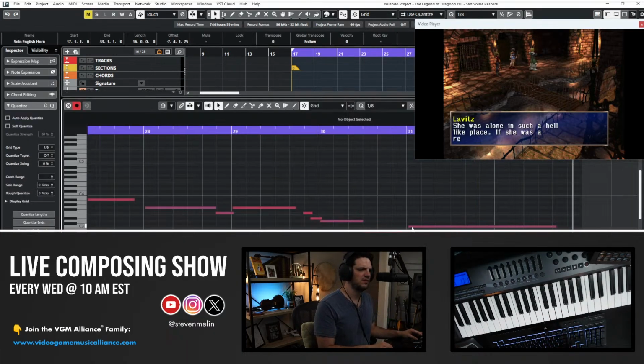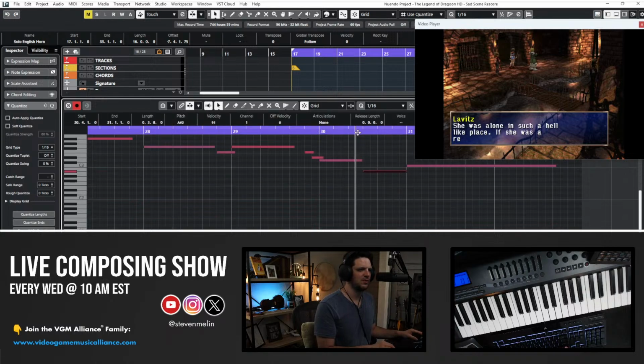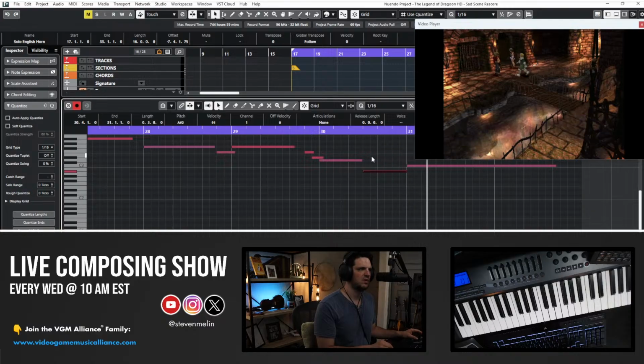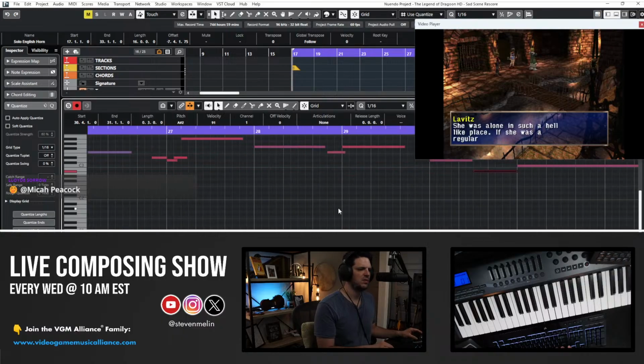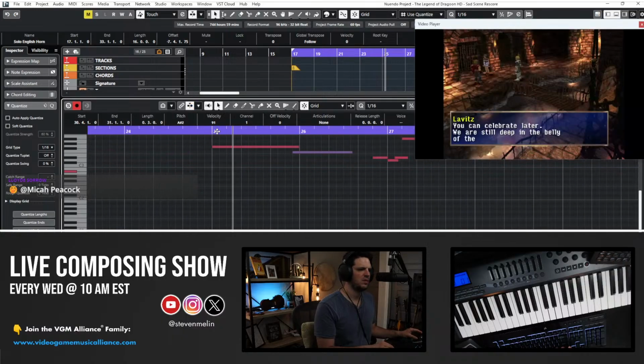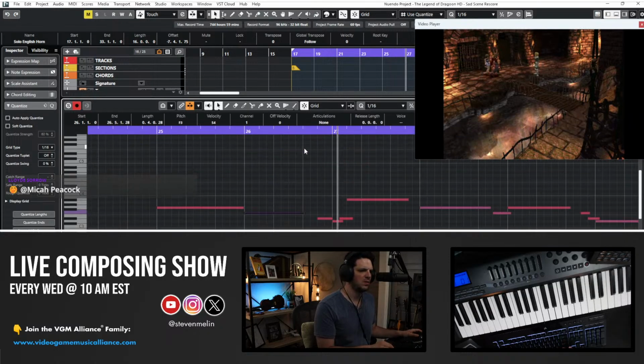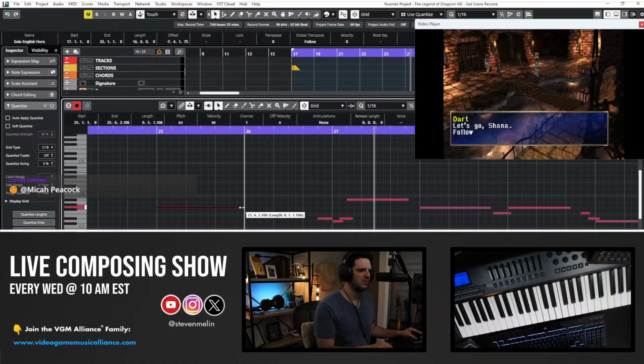Okay, a couple things here. This library, while it has really good legato, does not sustain notes that are connected with legato, so you have to do them separately. So these, for example, need to be connected. So really, separate.